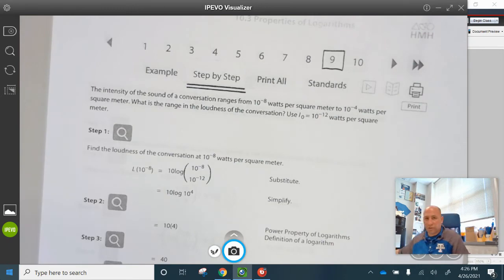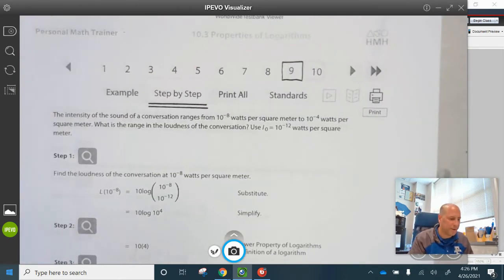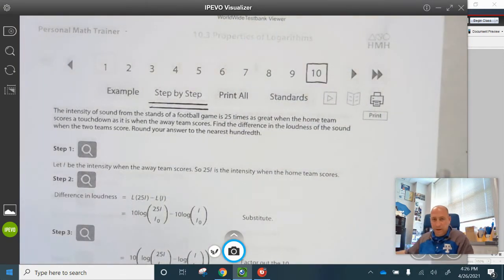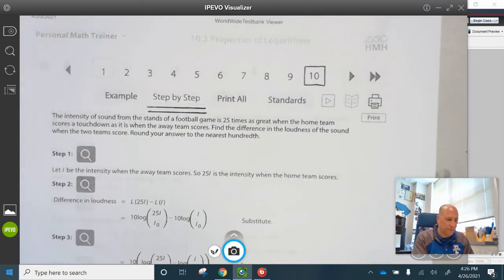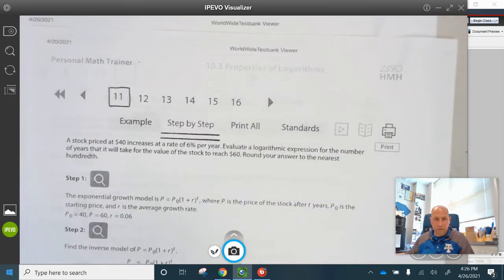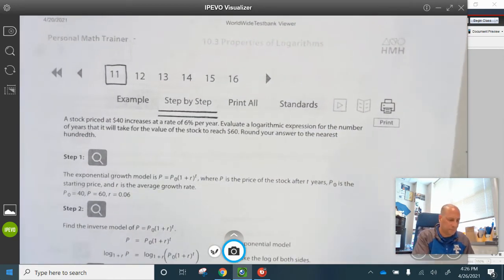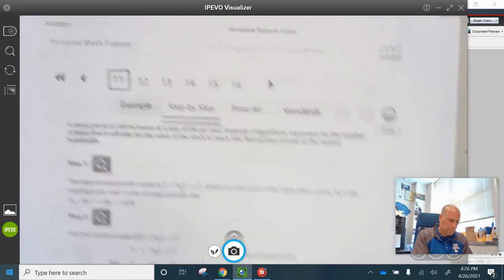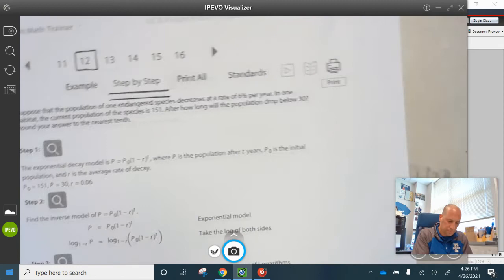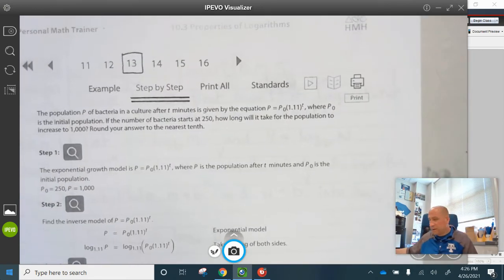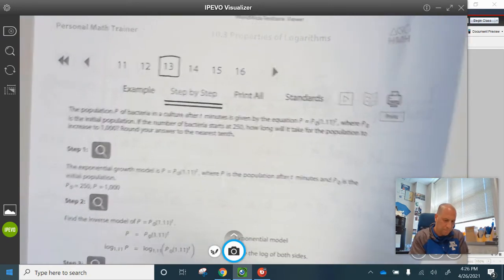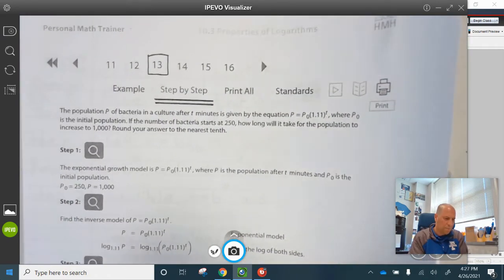All right, question 9. I recommend using the step-by-step feature to answer that question. Question 10, again, I recommend using the step-by-step feature. Question 11, again, use the step-by-step feature. Question 12, use the step-by-step feature. Question 13, use the step-by-step feature. And question